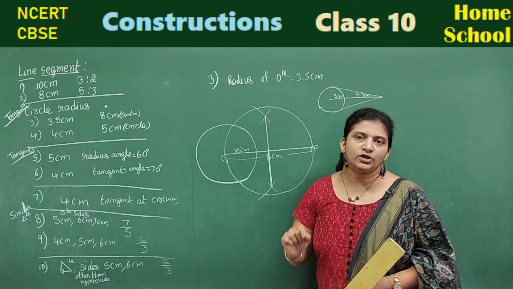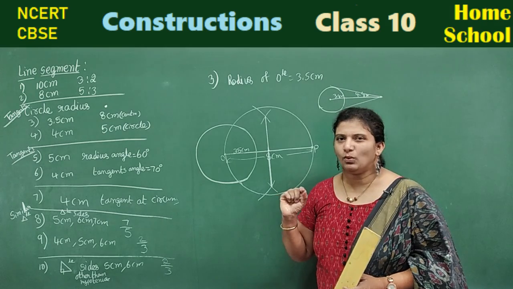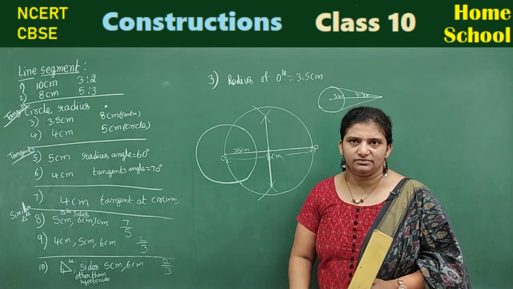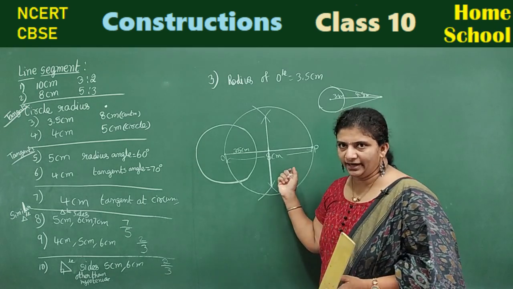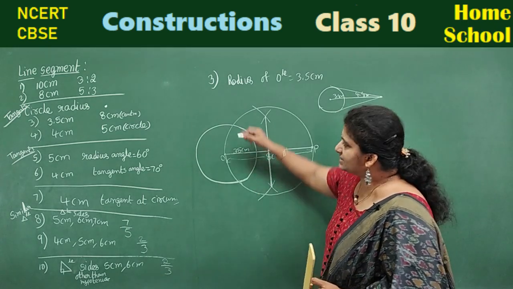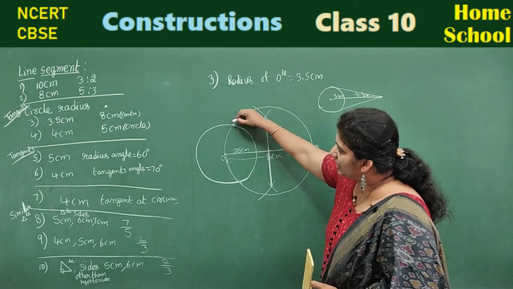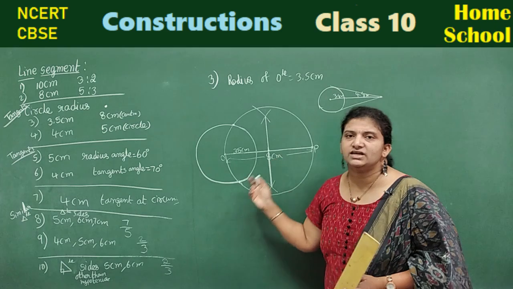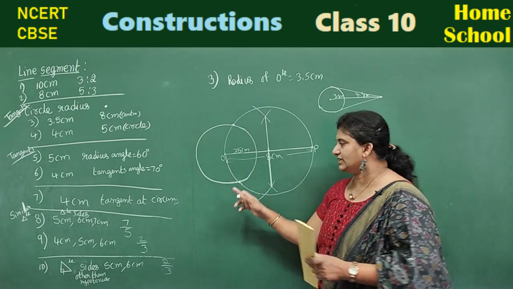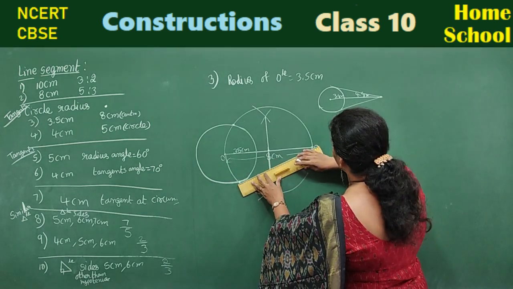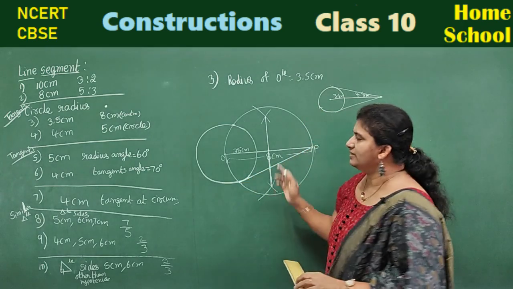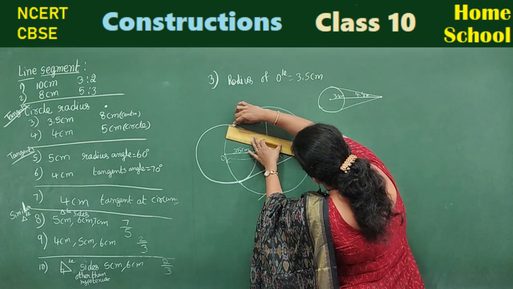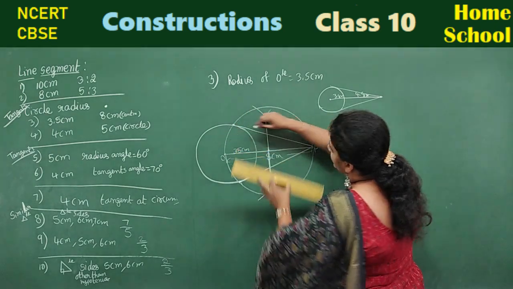Now at this point you need to remember one statement. What is that? New circle touching the old circle. This is a new circle, right? Old circle is this, where it is touching from this point and this point. New circle where it touches the old circle, from that point try to join. This is one tangent. And again here, where it touches, from there to this point.